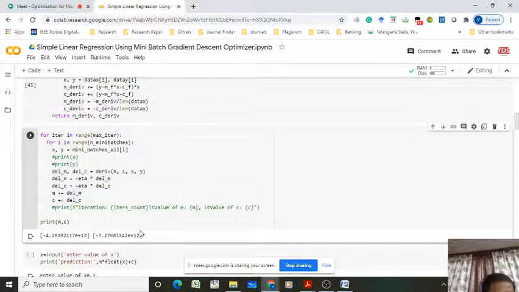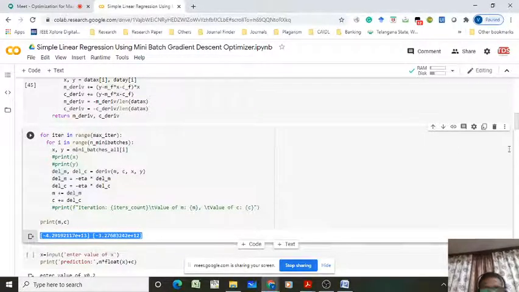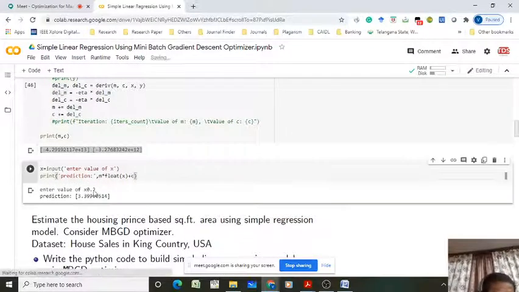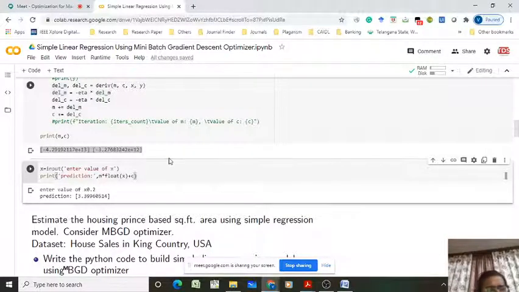So there is some problem. I will figure it out. But actually we are expecting to get 2, 3, right? It is showing some error. I am unable to resolve it, I went through it just before the session. So I will try to figure it out and let you know, right? So we don't expect it like this. Okay. So I don't want to go to prediction now. Yesterday in the afternoon session I tried, it was giving the right results, but now I am not able to understand why it's happening. But I will figure it out and let you know. Fine. So this is for the small calculations.